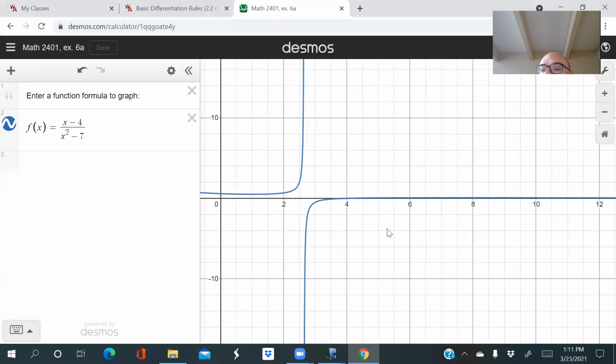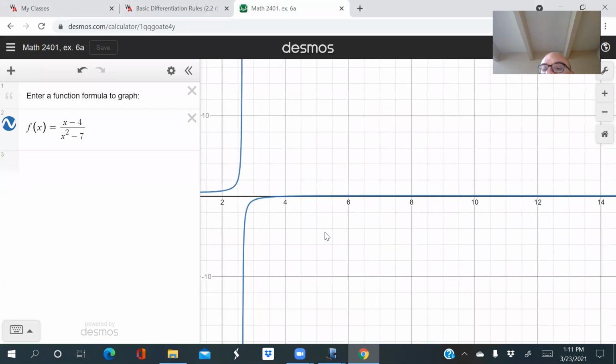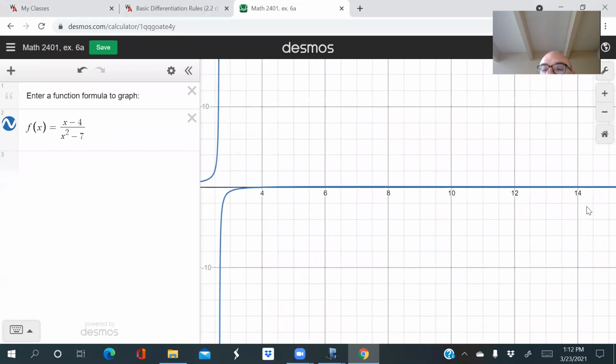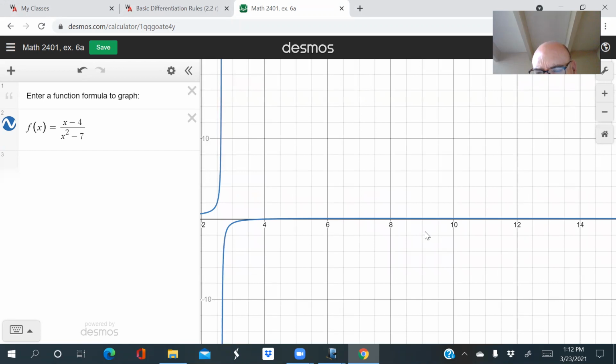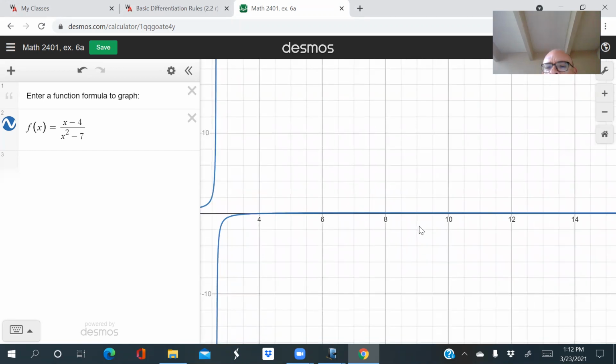And it's even worse over here on the far right. See, this graph is going up and you can barely see it, but it goes up and it peaks out. So somewhere over here, it peaks out and then it starts falling back down again and gets close to the x-axis. But I can't see that at all. Where is that turning point? Or maybe there's not even a turning point. In other words, is this graph coming up and coming back down? It's so close to the x-axis, I can't even see it. So that's very difficult to find from looking at the graph,